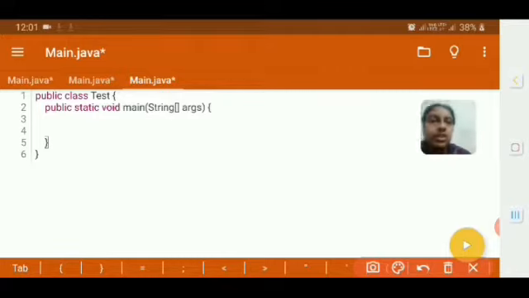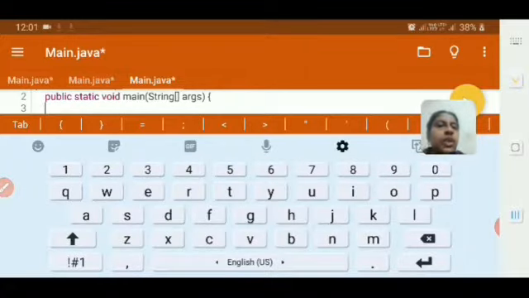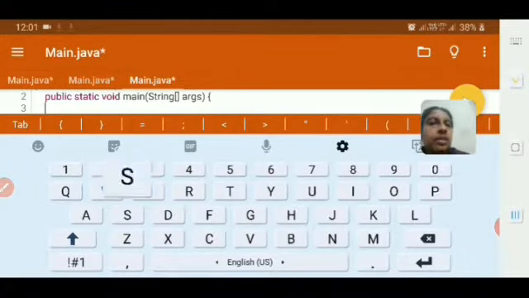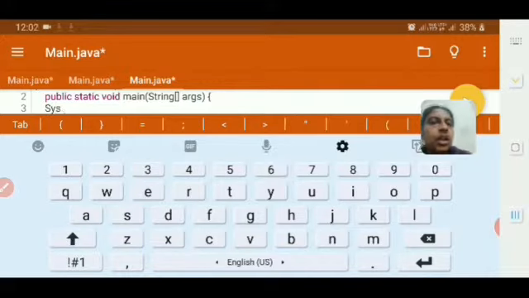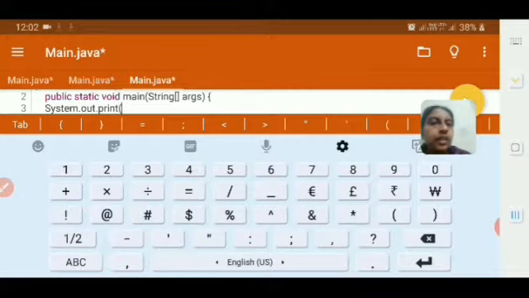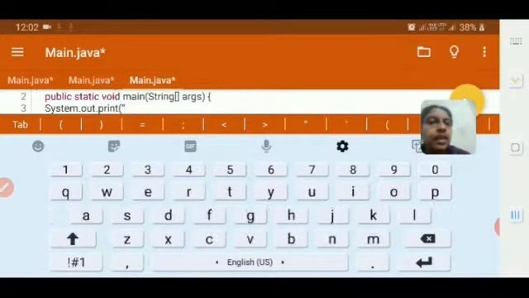Okay, this is the structure of a Java program, and since it's a pre-built app, the structure is already given. Directly if you give the coding, it's enough. So here I am giving the print statement. That time only I said the print statement is called System, S alone should be capital letter, dot print. Print means in the same line it will print. If you give println, it will print in a new line. That's all the difference. Then open quotes and give some message. I am typing good morning.